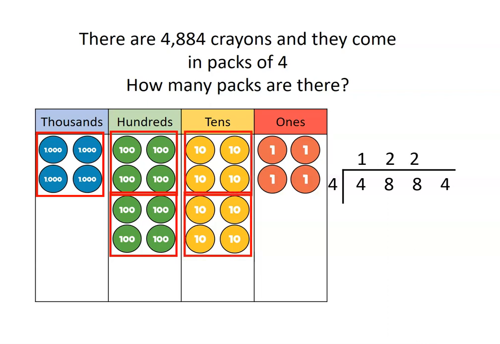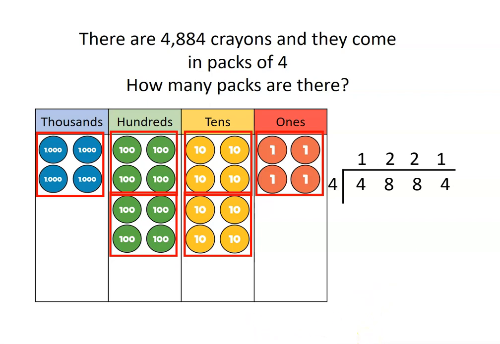So that's also 2. And in the ones, we had a look at that before. You can just make 1 group of 4 there. So we're going to pop that above the 4 there. So using short division or the place value counters to help us is actually much more efficient, I'm sure you'll agree, than drawing out 4,884 crayons. And we can see that if we divided the 4,884 crayons into groups of 4, we would get